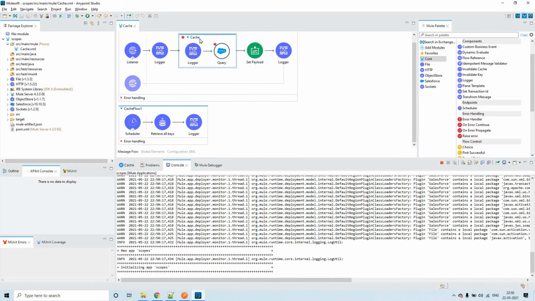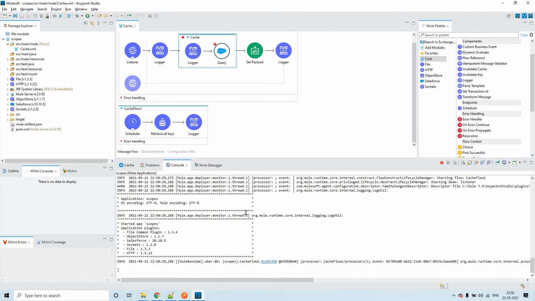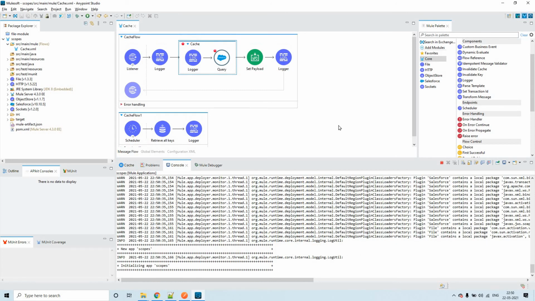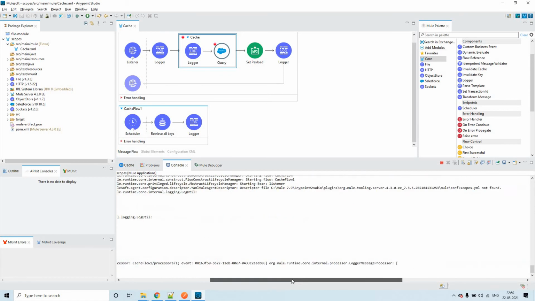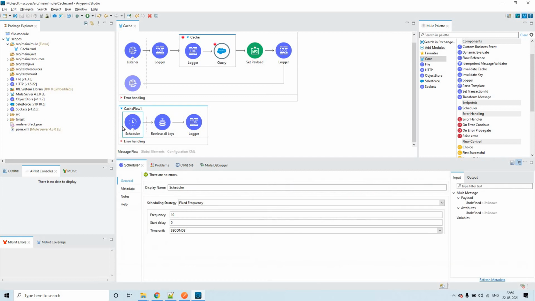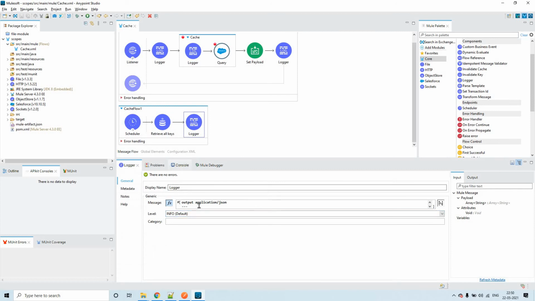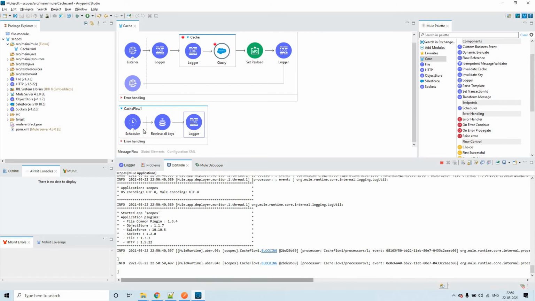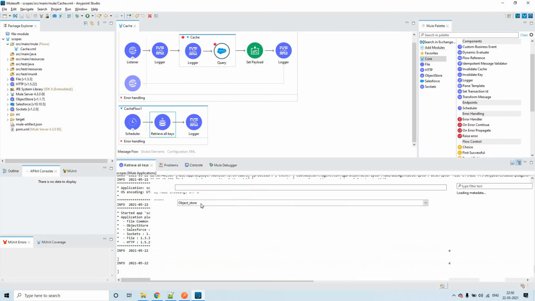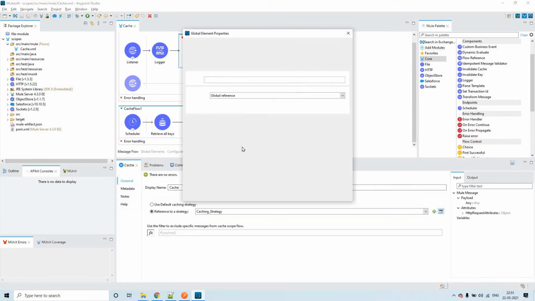Instead of waiting that long, we can now get the responses from Salesforce. After the key value pair expires, we can query Salesforce. Okay, it is still deploying. Yeah, so you see here, I have configured this scheduler for every 10 seconds, and I am printing this retrieve all keys response. For now, there are no keys in this particular object store. This is the object store that we have built, and that is what is referred to in this caching strategy, right?